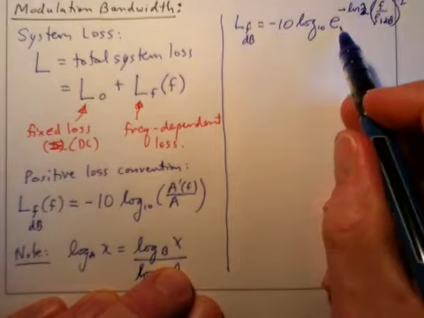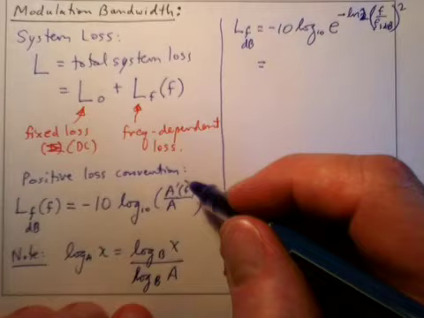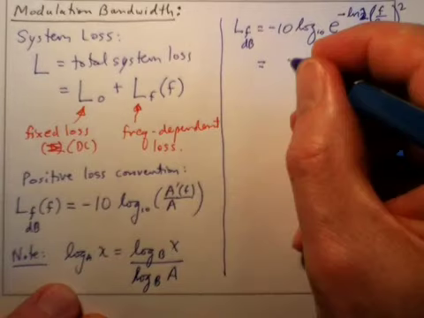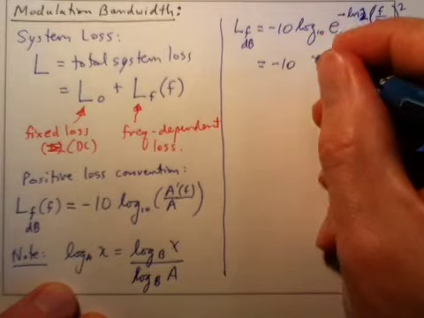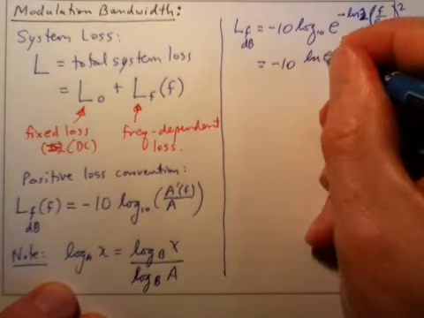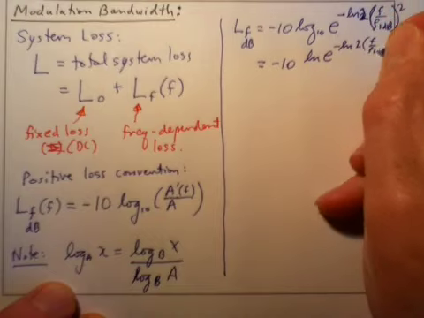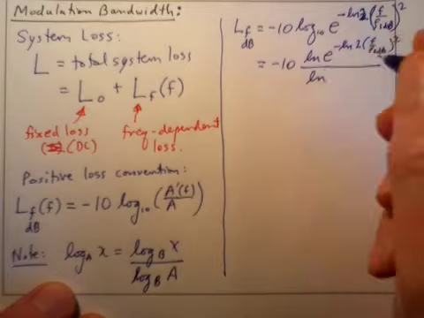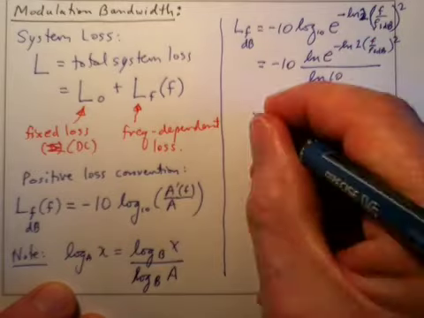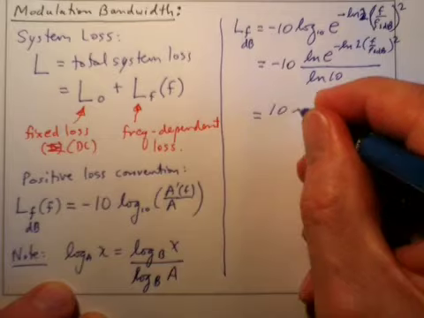The log of the exponential, we're going to use this formula down here, and we're going to get minus 10 times the natural log of e to the minus natural log of 2, f over f3 dB squared, divided by the natural log of 10, and that gives us 10 log of 2